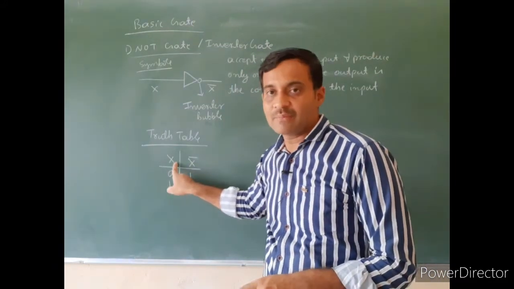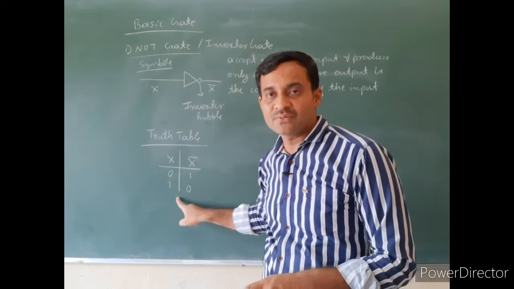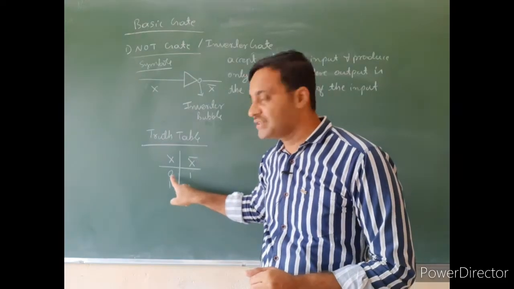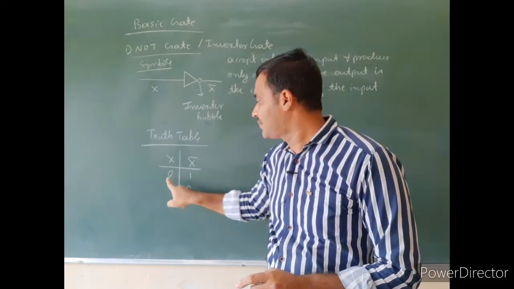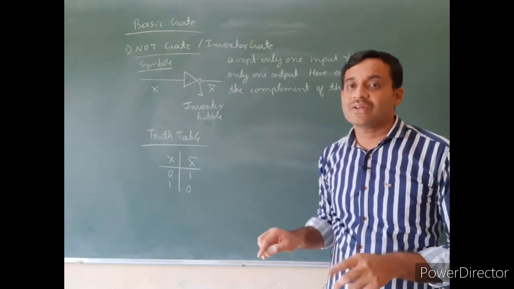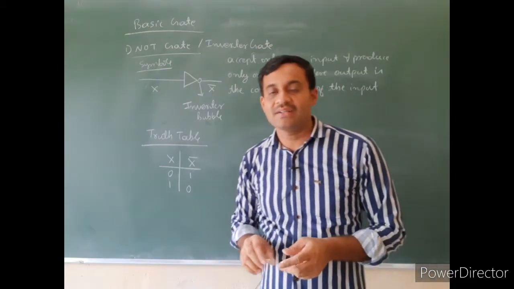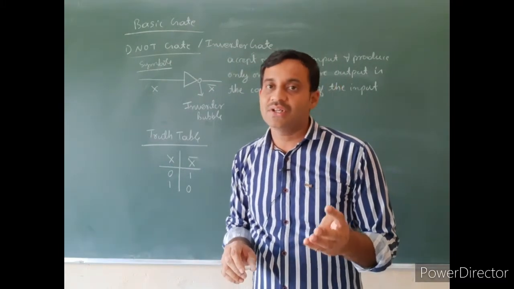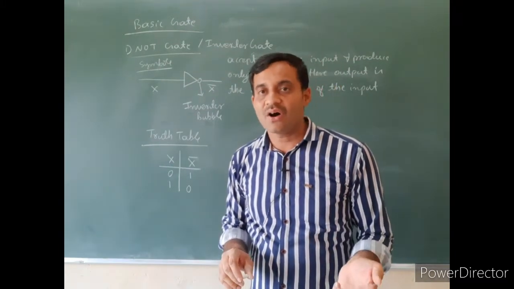If it is a single variable, there are two possible values for the input, those are 0 and 1. If the input is 0, then the output is 1. If the input is 1, then the output is 0, because we work with binary numbers. Then the values are only zeros and ones. So every signal has only two values, either 0 or 1.